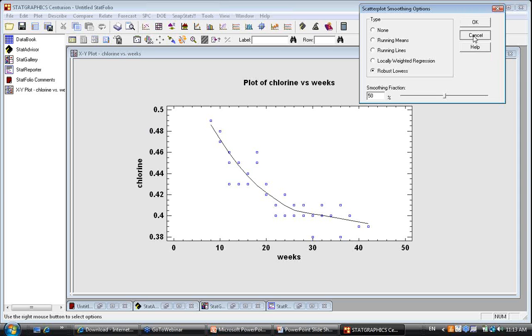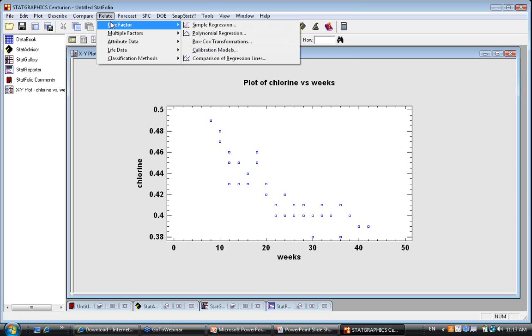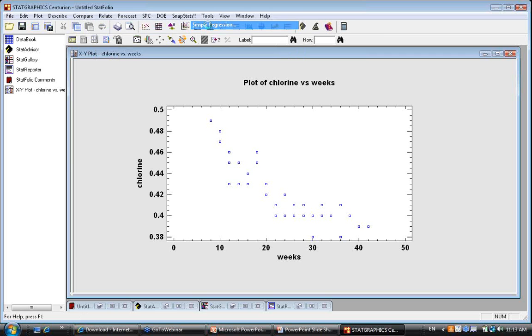Okay, well, that's just visual. There's no mathematical equation there yet. So it's time that we actually go and fit one of these regression models. Now, all of the regression procedures in Statgraphics can be found on the Relate menu. And they're divided up according to whether you have one factor, multiple factors, whether you're dealing with attribute data, and so forth. In this case, I've only got one factor, X, and I'm going to start with the simple regression